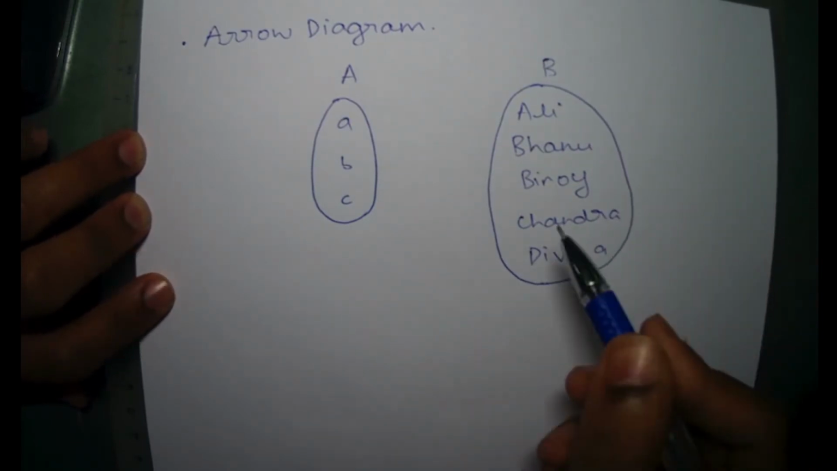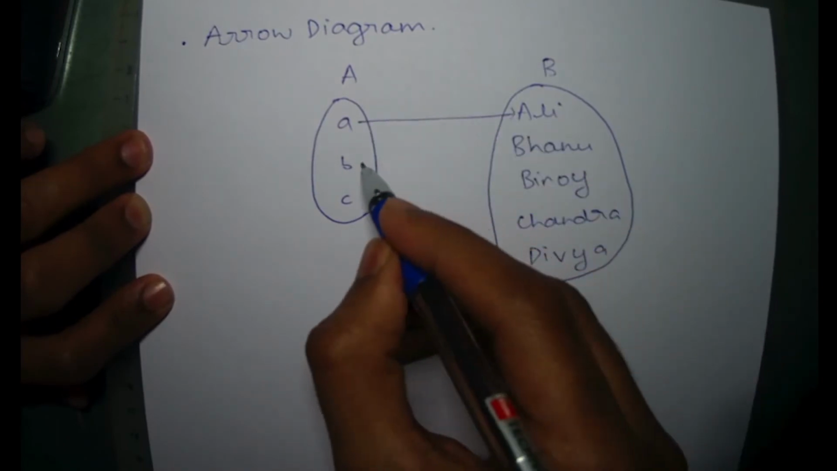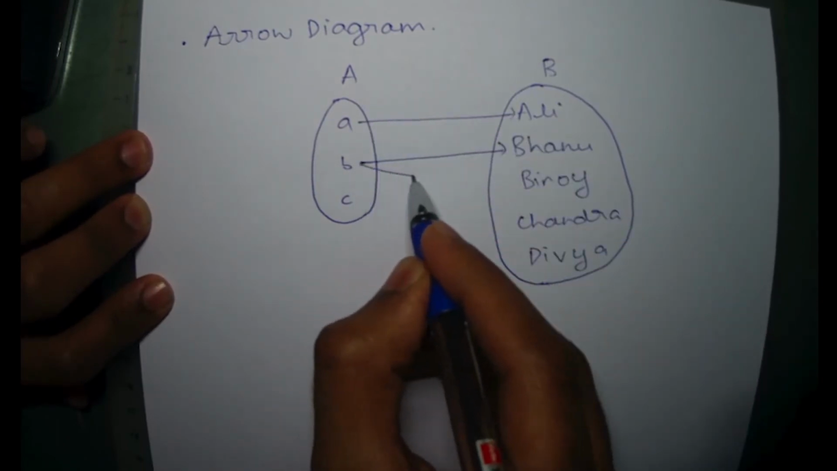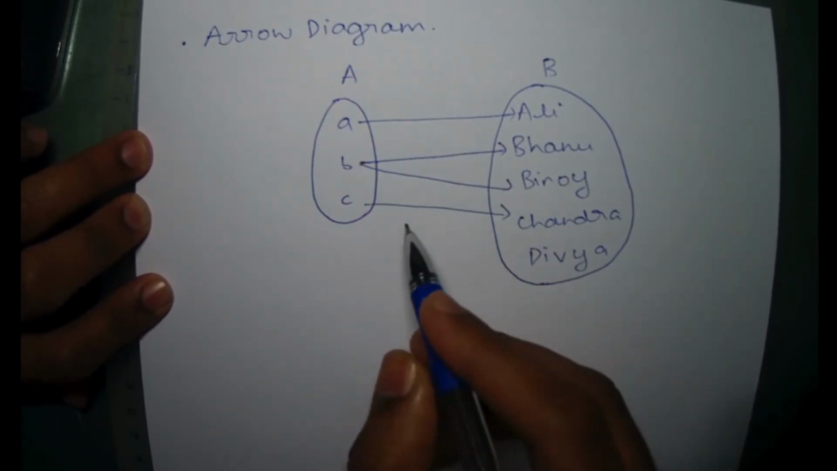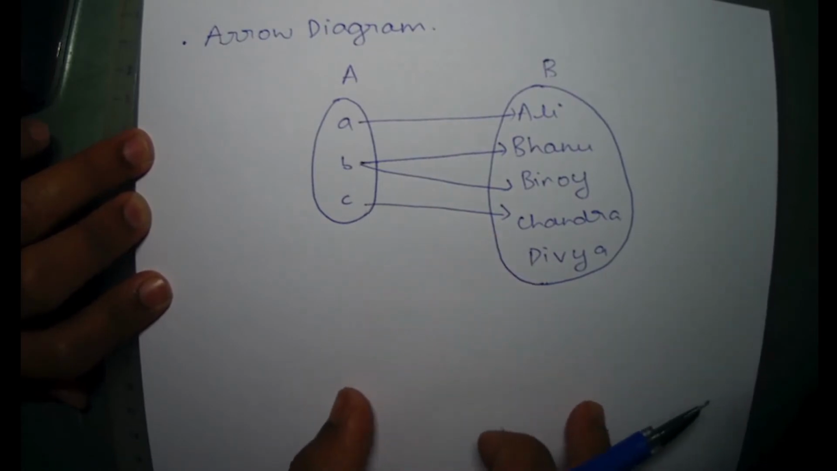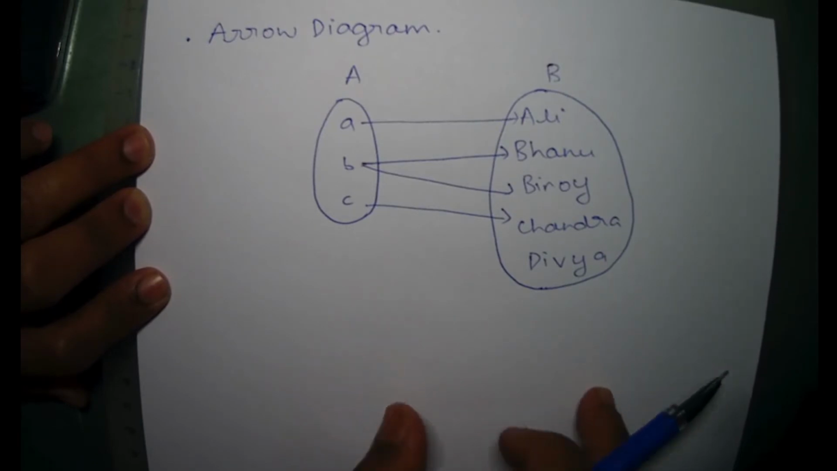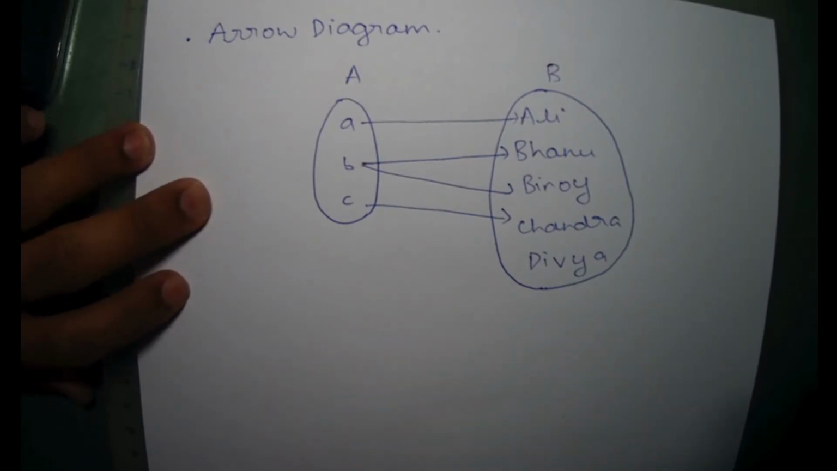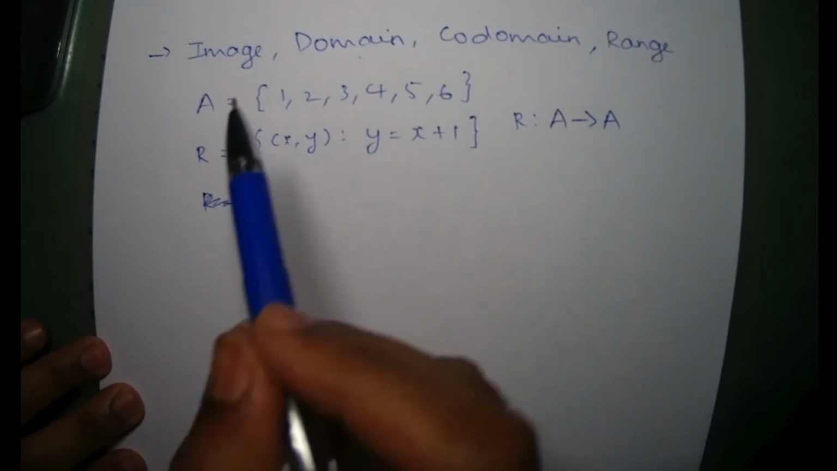So now from the previous relation we know that A is linked to the first name Ali, B is linked to Banu and Binoy, and C is linked to Chandra, and Divya is not linked to any term from the set A. So this type of representation is known as an arrow diagram, to show a relation in a picture form or a visual form. So moving forward, we have to understand four more terms which are very important to this